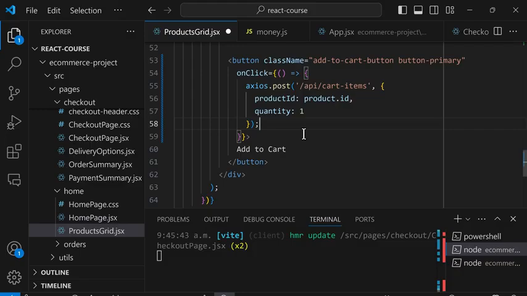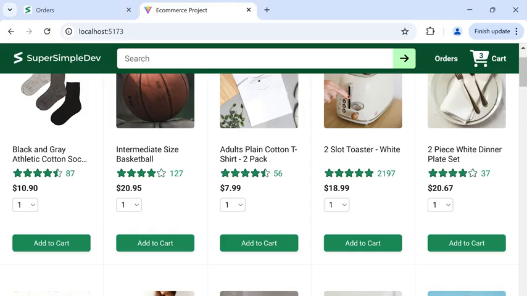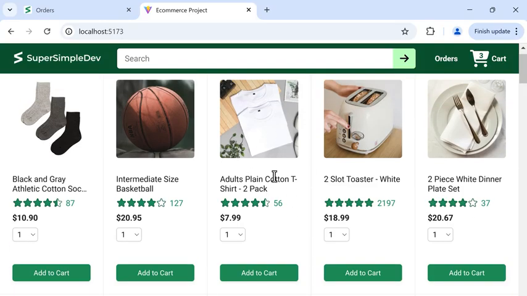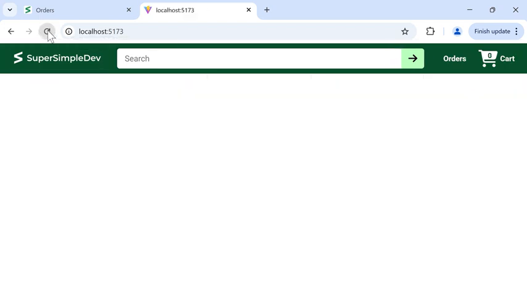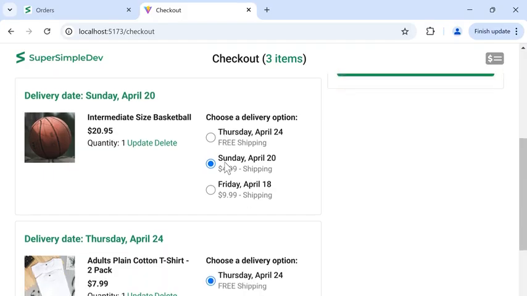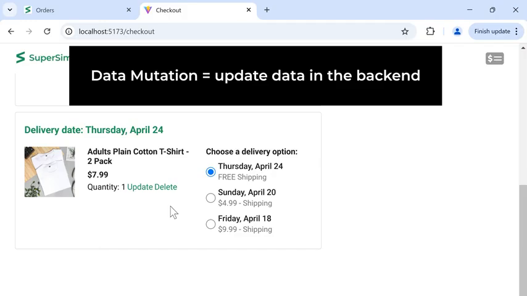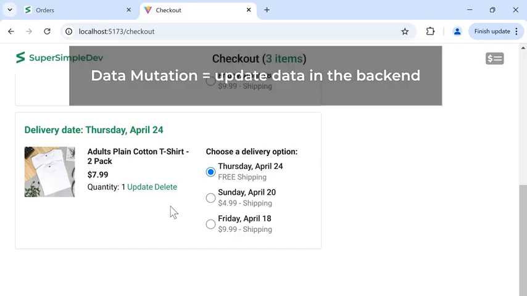So now let's save this file, and then we'll go to the website, and we're going to go to this t-shirt product, and we're going to click Add to Cart. And then we're going to refresh the page. And now, if we look at the cart here, we have one more product. The quantity is 4. If we open the cart and we scroll to the bottom, notice that it added the t-shirt to the cart. So that's how we do data mutation, or update data in the backend. We just send a